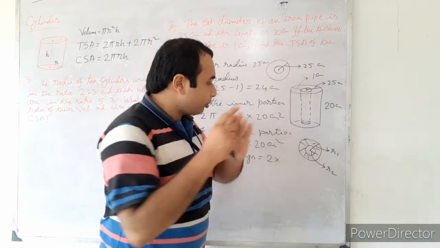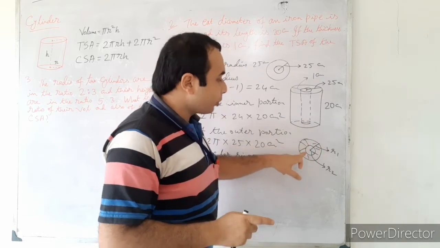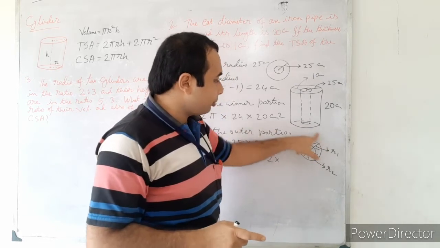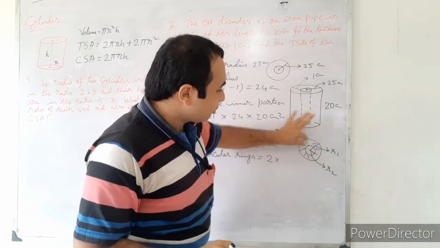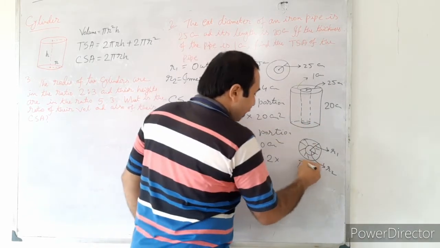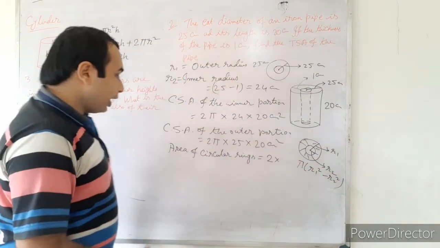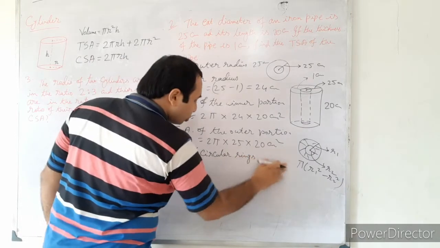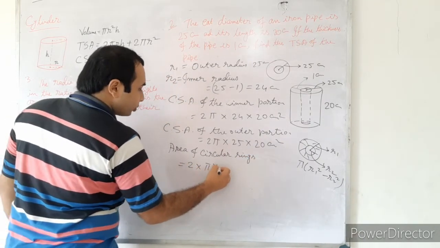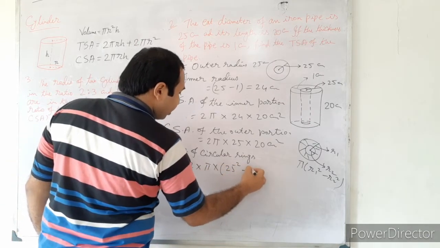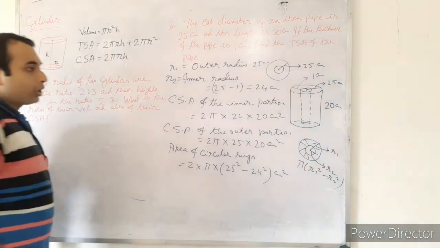So that means we have to find the area of the total one minus the smaller one. That is, we have to find the area of the big circle minus the small circle. It is coming this part only. So here it will be pi into R1 square minus R2 square. So here also we will do this one, and 2 rings are there, so that's why 2 will be multiplied. 2 into pi into R1 square means 25 square minus 24 square centimeter square.